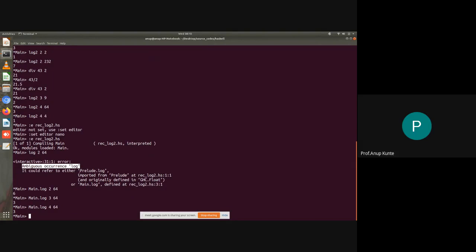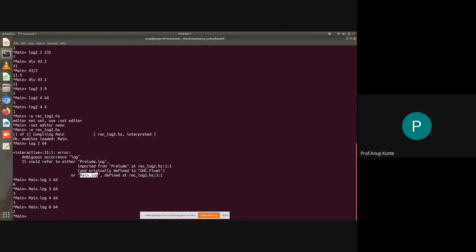But in Prelude, the standard library of Haskell, there is already a log function. So Prelude.log is the log function from Prelude. And we also have Main.log. So to distinguish between these two implementations of log, I need to use the syntax module dot function name. And that is what I did.